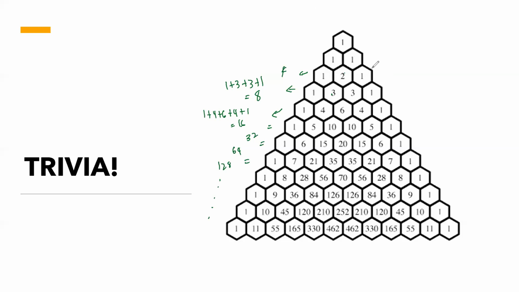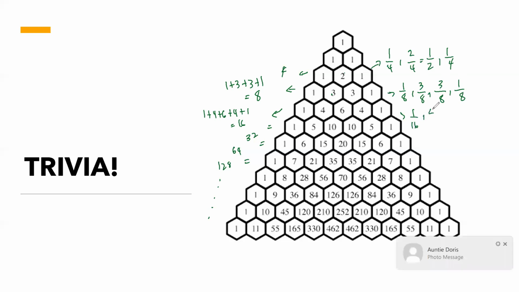So this will look like 1 over 4, 2 over 4 equals 1 half, then 1 over 4. While here, 1 over 8, 3 over 8, 3 over 8, then 1 over 8. Then 1 over 16, then 4 over 16, then 6 over 16, then 4 over 16, then 1 over 16, and so forth. Keep in mind that this represents the number of, let's say, objects